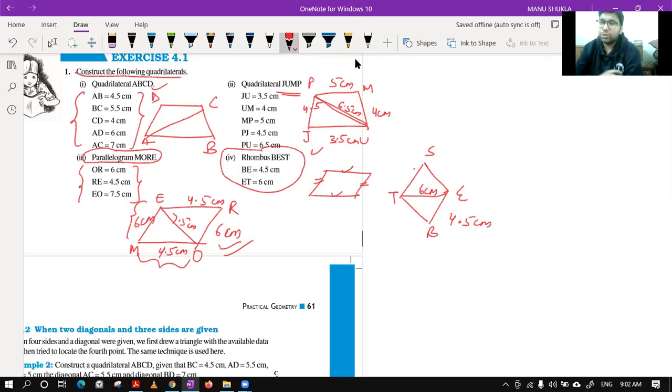Again an issue. This time we only know two things. So again we have to think about rhombus. What property of rhombus can we use in this question? Please confirm. Class, which property of rhombus can we use? Diagonals bisect at 90 degrees.